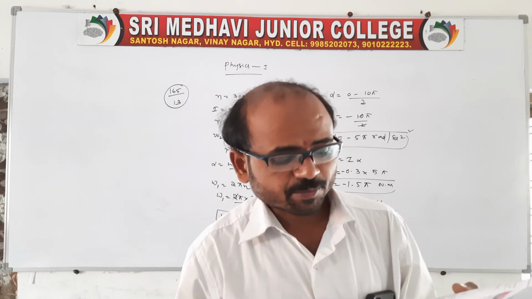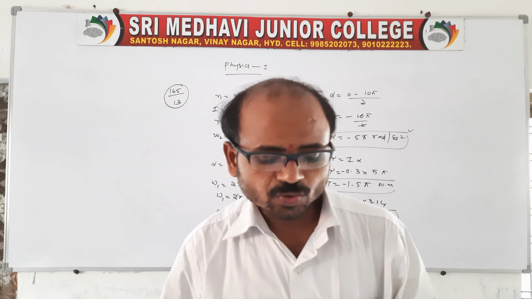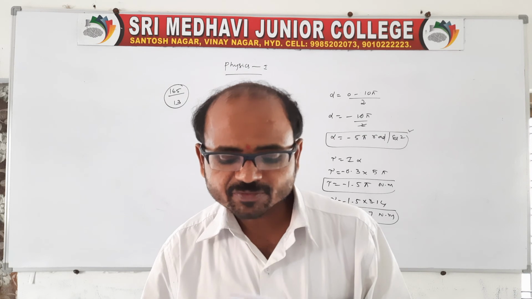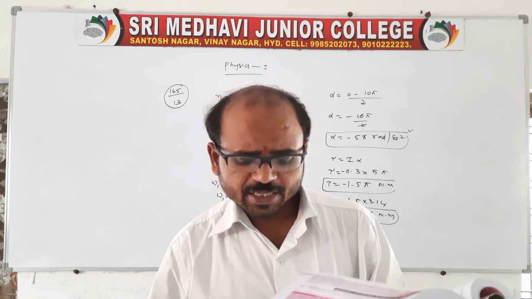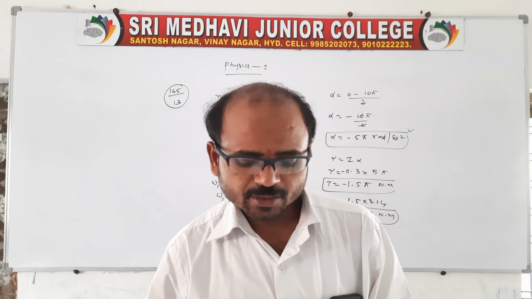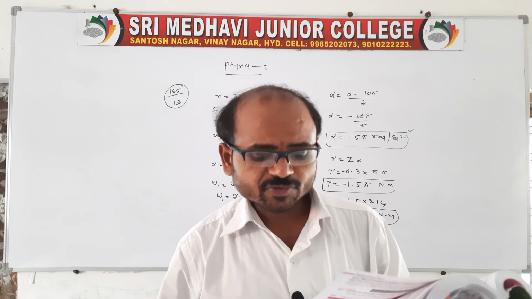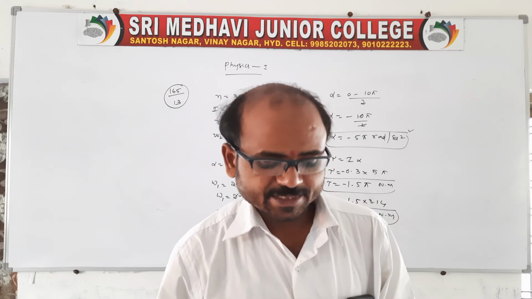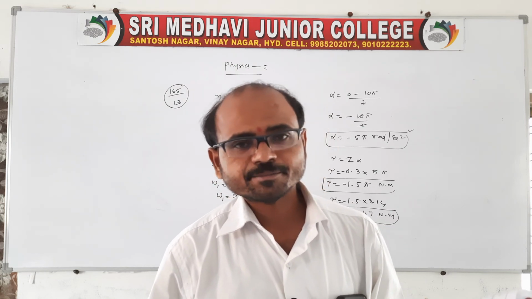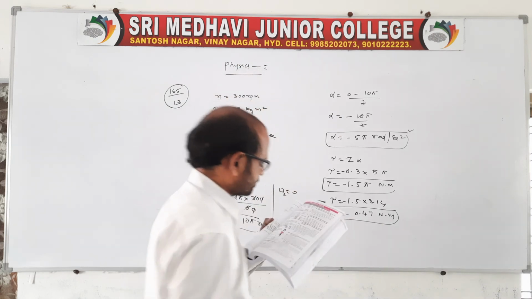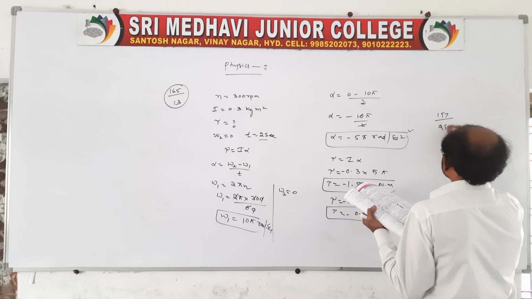And as well as 157 page number, question number 9, you look at: if the polar ice caps of the earth were to melt, what should be the effect on the length of the day? See, of course, I is directly proportional to T, I increases, therefore the day also increases, because the length of the day increases when the polar ice caps melt. Because L is equal to I omega, no? Therefore omega is nothing but 2 pi by T. Here we can say like this. So page number 157, question number 9, it is important.